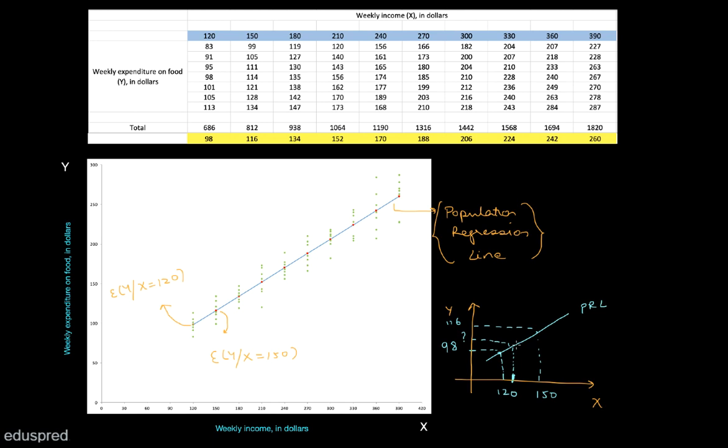What we have learned in this particular video is that we are working with two variables and we want to quantify the relationship between them. For the quantification purpose, we only focus on this blue line over here, which has the different values of x, and this yellow line over here, which has the different conditional means of y. Using these two pieces of information, I'm able to fit a particular line over here. This blue line is that line. The name that we have for this blue line is the population regression line. And this population regression line is helping you understand how the weekly income is going to affect the weekly expenditure on food on an average basis.